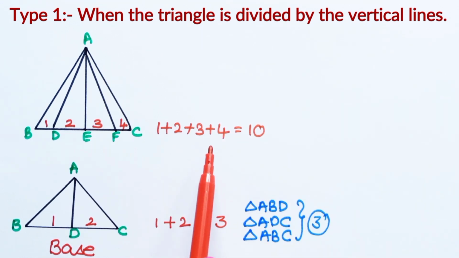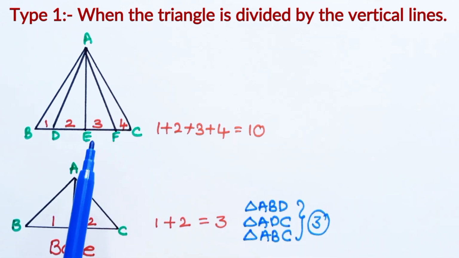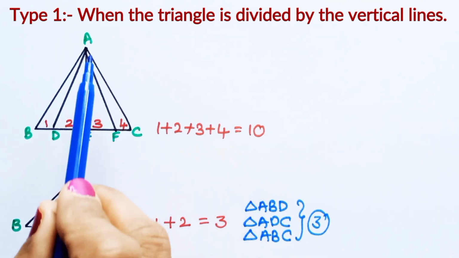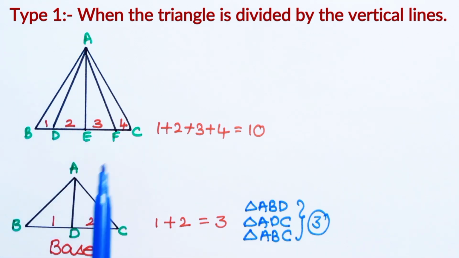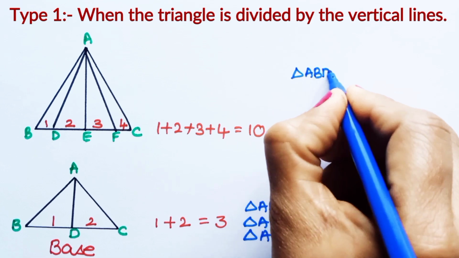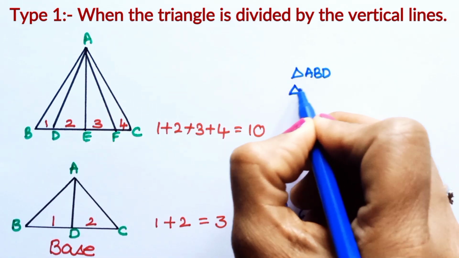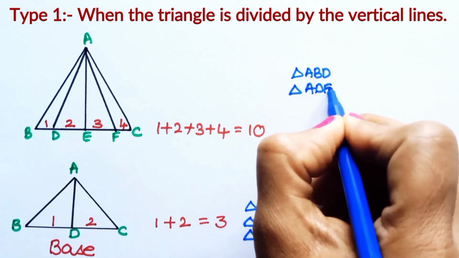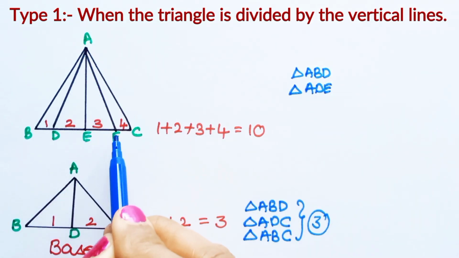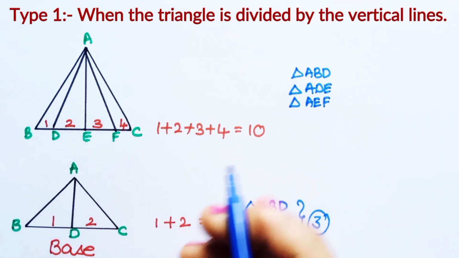So how many triangles are present in the given figure? There are 10 triangles. Now let us see what are those 10 triangles present in the given triangle ABC. The triangle ABD, triangle ADE, triangle AEF, triangle AFC,